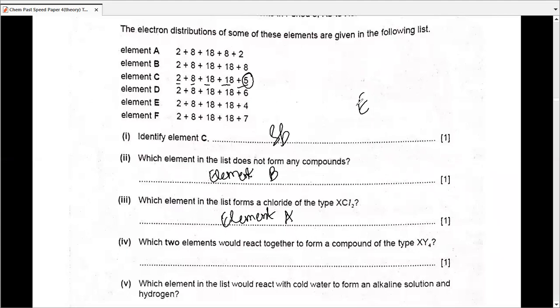One second, I'll just do the calculation. I know the element name, but I don't know the